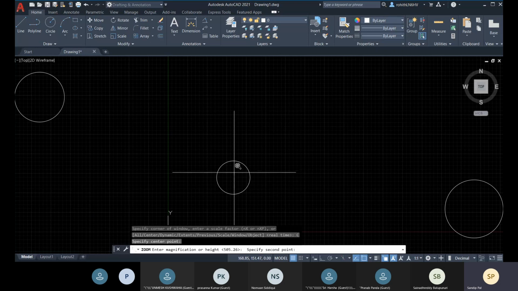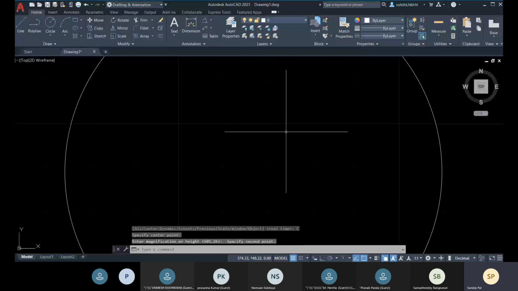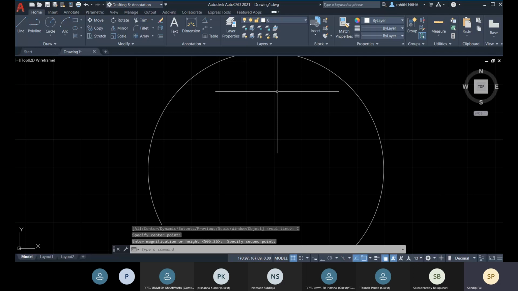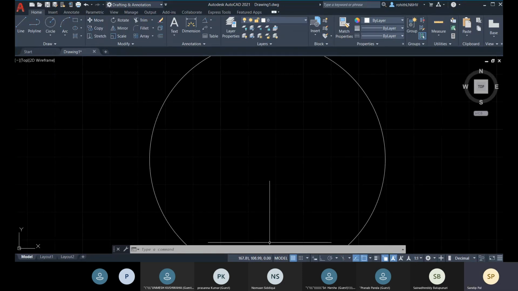You can go manually, from point to point, and this distance will be the magnification height. That much will be within this viewport. Like that you can zoom.